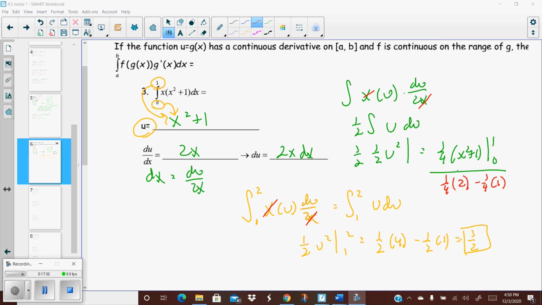Oh, I see it. You guys probably caught this before I did. I forgot my squared right there. That makes a big difference. So that squared and that squared won't change the 1 part, but certainly does change the 4 part. So 2 squared is 4 minus the 1. So it's still going to give me, in this case,